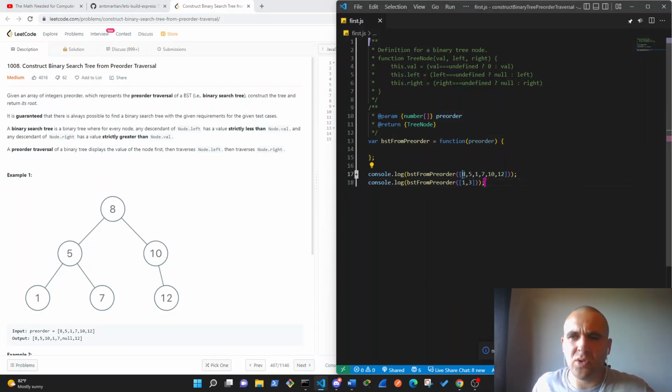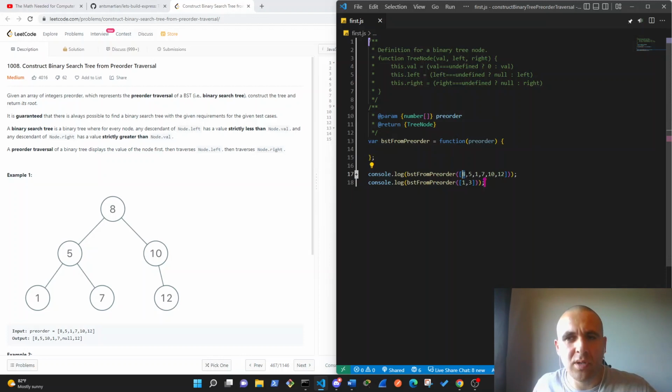So basically what we have to do is we take this 8. We can technically just take this 8 before we even loop through the rest of this thing and create the root of the tree with this, right? I'm just throwing a solution out there. Let me know if anyone has anything else. But then we could loop through this array one at a time, and with each element, we